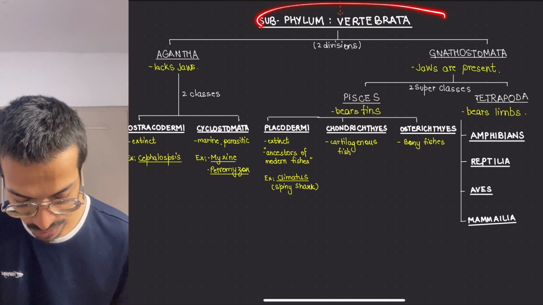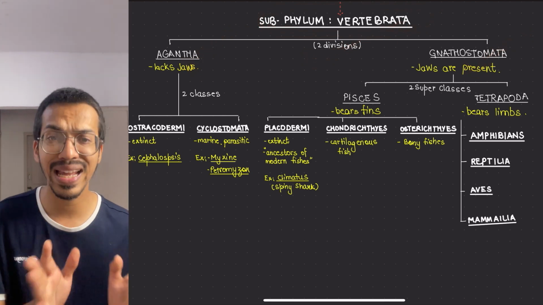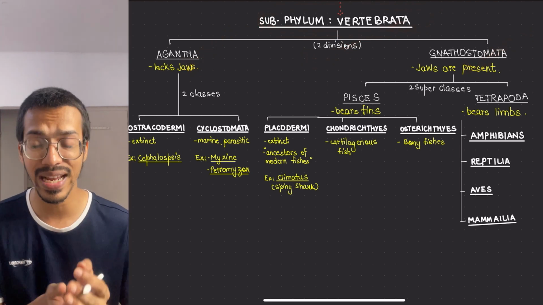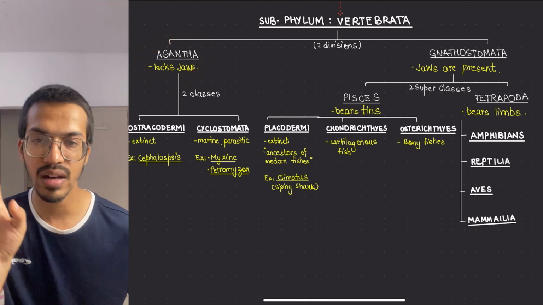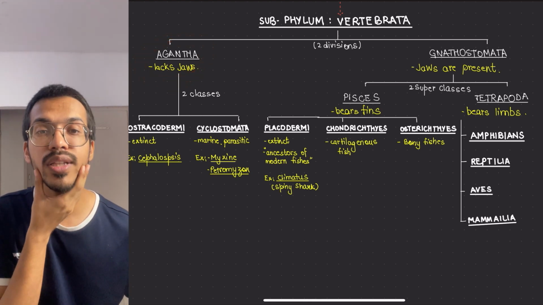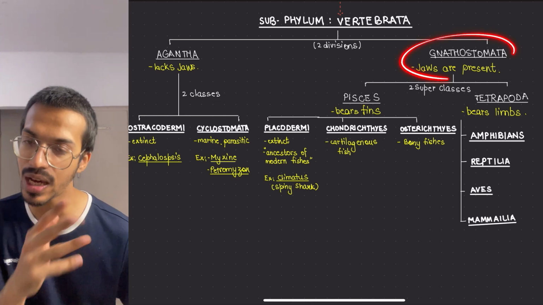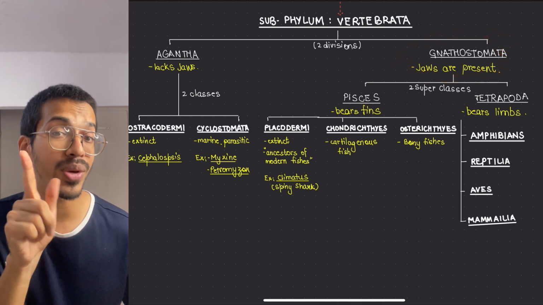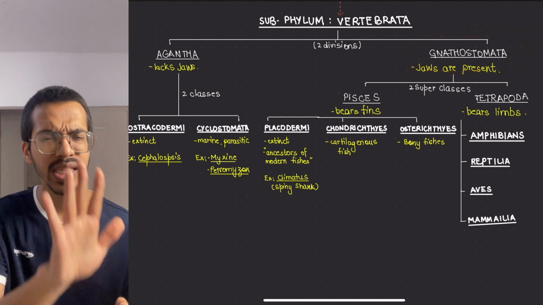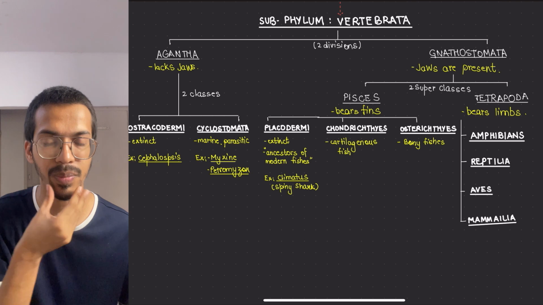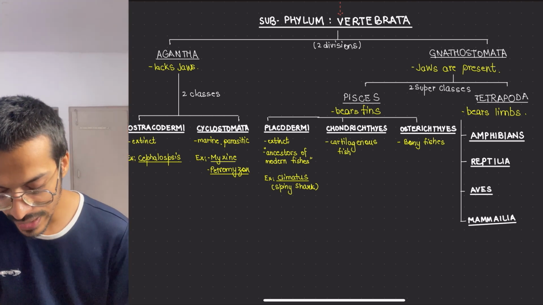In this subphylum, we have two divisions, Agnatha and Gnathostomata. This is the basis on which we are dividing it. Agnatha: a means absent, and gnatha is for the jaw. So they don't have the jaw; it is not present. Whereas Gnathostomes have it. Do we have a jaw or not? We have. So we would belong to the Gnathostomes. Let's see how we actually read this part. This part is developed, but this part is not developed in them. So Agnatha lacks jaws.